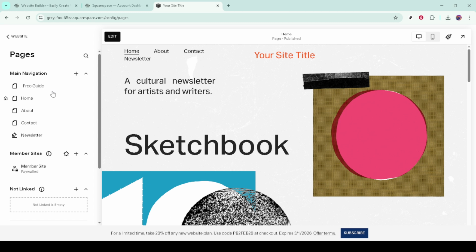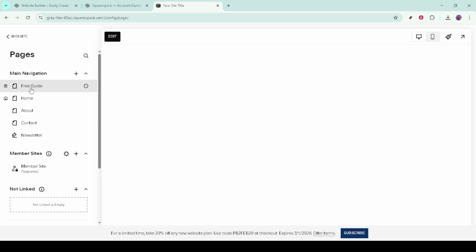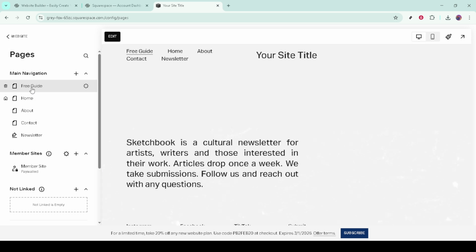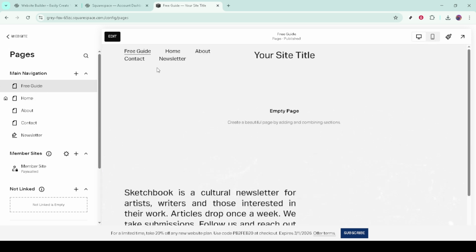Open your new page from the list so it's active, then click Edit to enter the page editor. This is where you'll build your layout and content. Begin by clicking Add Section. You can start with a completely blank section for maximum control, or pick from the built-in templates if you want a quick, polished structure. Templates are great for common landing page patterns like a hero with a headline, supporting text,